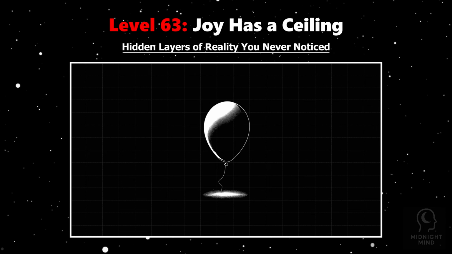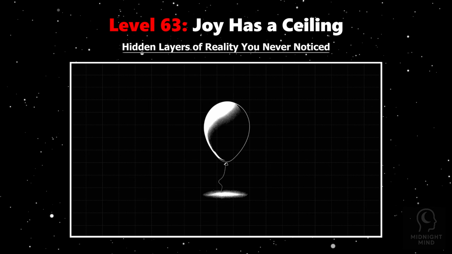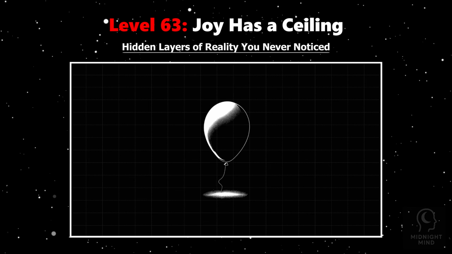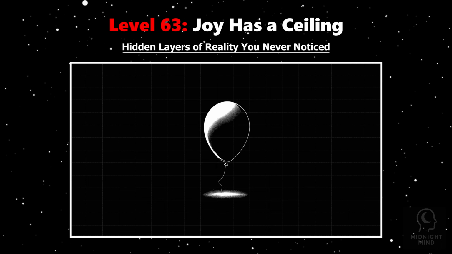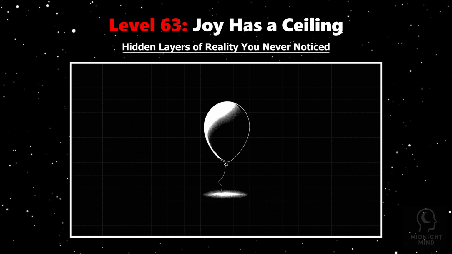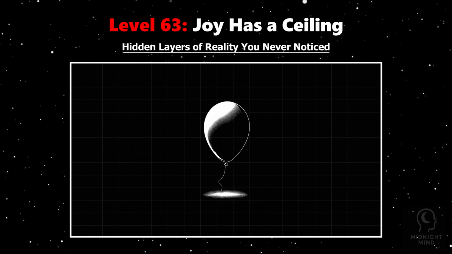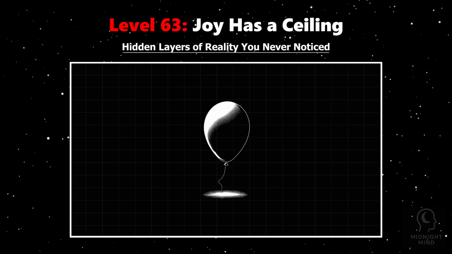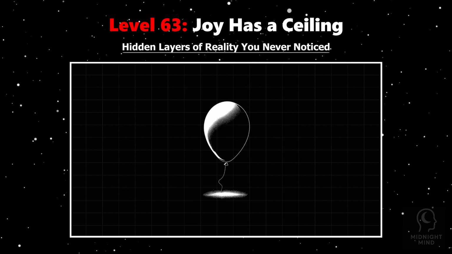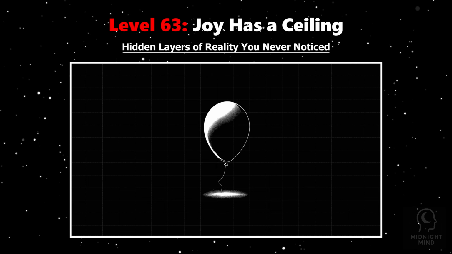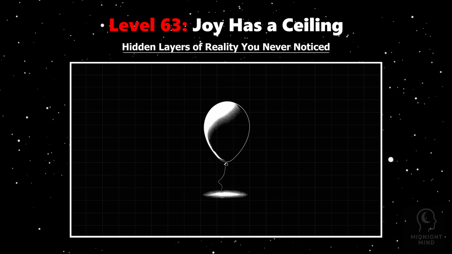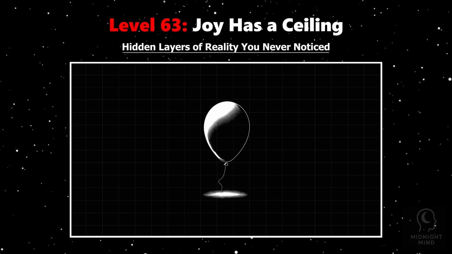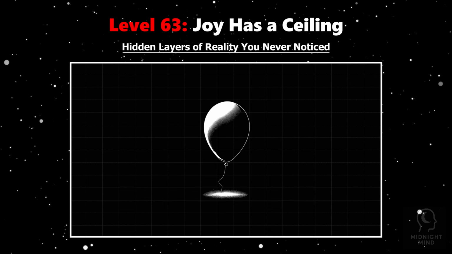Imagine feeling pure joy, a moment so intense it feels almost overwhelming. But what if your brain has built-in limits to happiness? Neuroscience reveals that joy has a ceiling. Your brain restricts how much pleasure you can safely experience to maintain emotional balance. This protective mechanism prevents emotional overload, which can be destabilizing or even dangerous. When joy reaches this upper limit, your mind may unconsciously trigger self-sabotage, doubts, worries, or behaviors that pull you back from peak happiness. Psychologists explain this as emotional homeostasis, where the brain strives to keep feelings within a comfortable range.